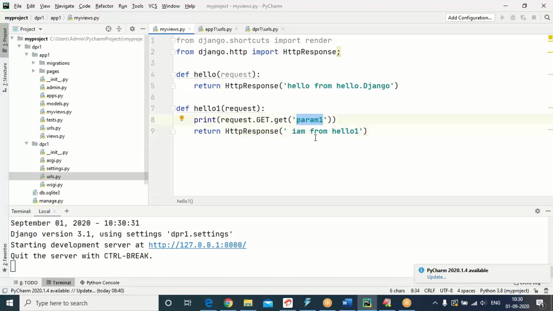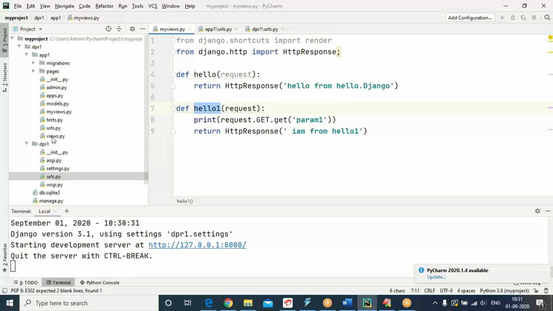This param1 we have to send from the browser. That param1 we are reading through the function get, through the HTTP method GET. It is available in the request. request.GET.get param1.